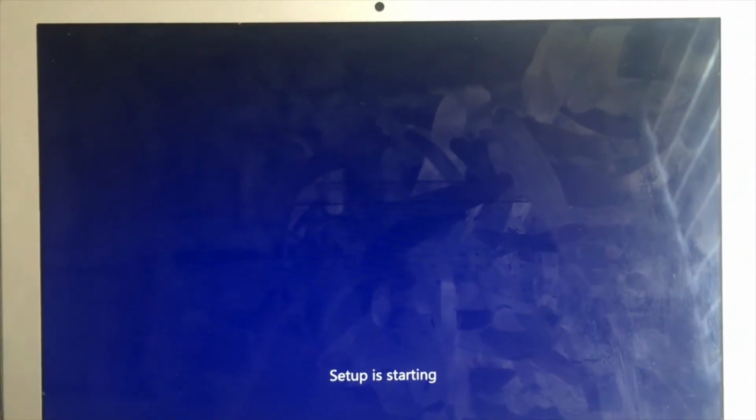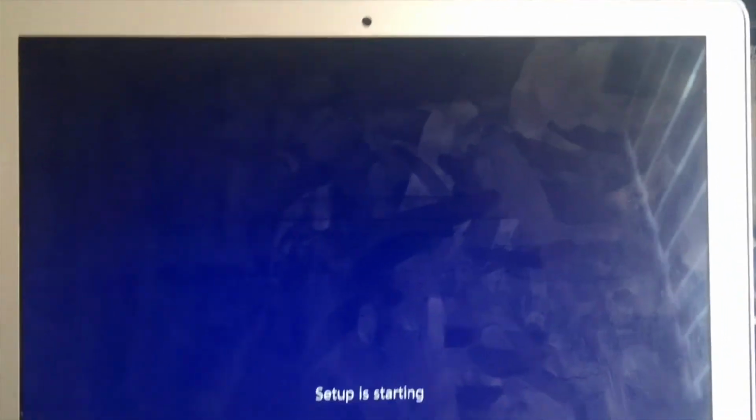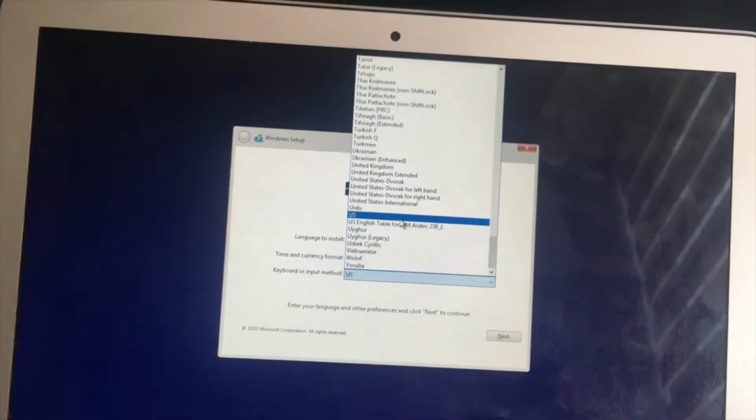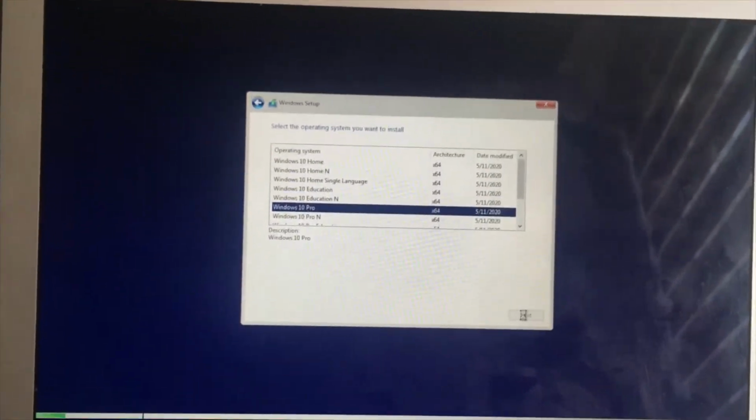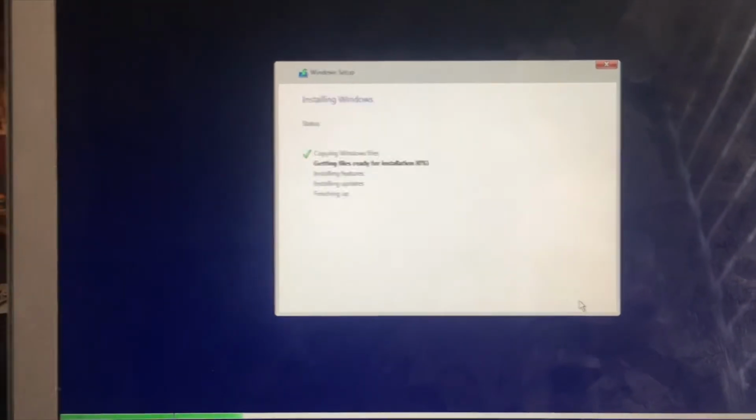Okay guys, you need to configure the language, the keyboard, the version of Windows. Okay, accept the terms and select the partition. Okay, and finally you need to wait